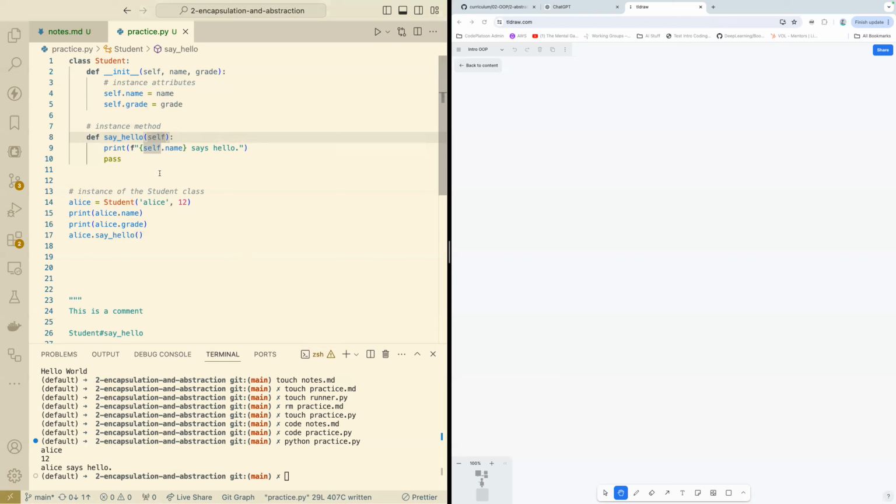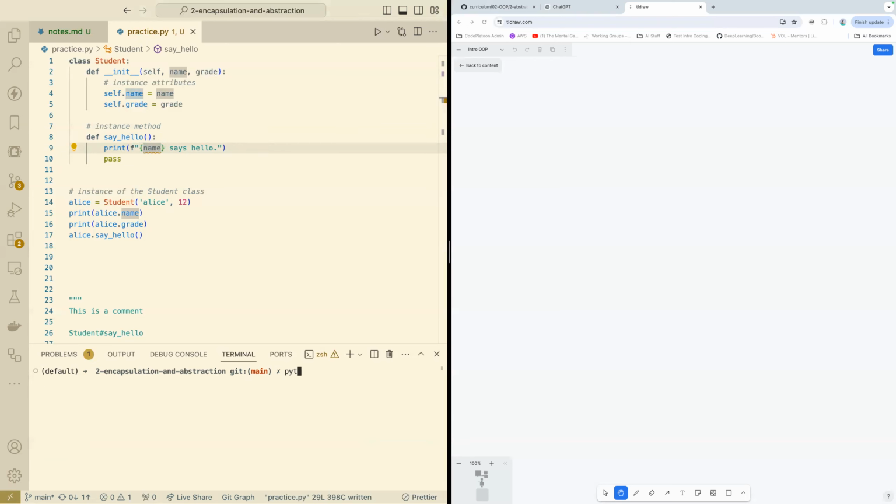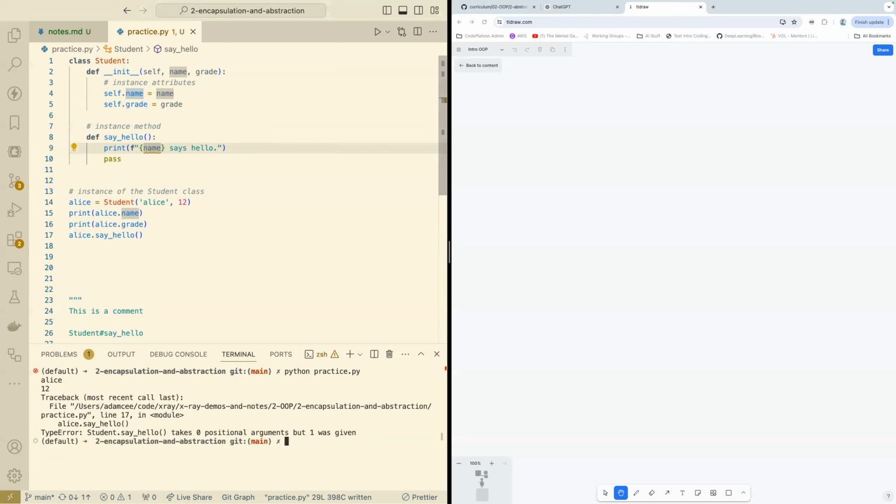Just to play around with this, let's see what happens if we get rid of self from this say hello method and watch what happens. If I remove it from the argument here, first of all, this makes sense that this is going to be a problem. So let's remove it from both. Well, now I've got this red squiggly saying name is not defined, but VS Code is great, these red squigglies are just VS Code making its best guess. You always want to run the code and have the running code be your source of truth. And we get